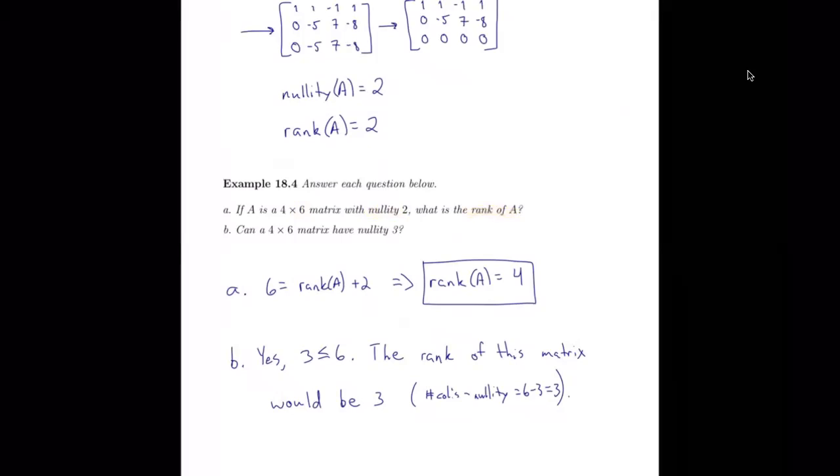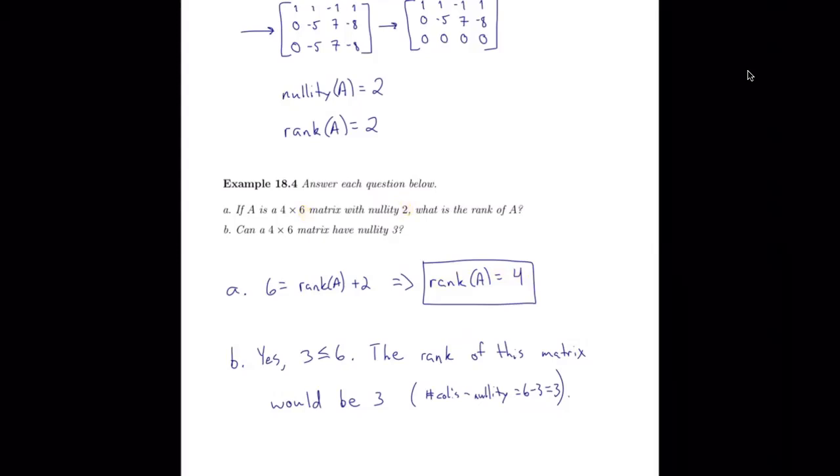So in order to find this, we use the rank theorem. n equals 6, which is equal to the rank of A plus the nullity of A. We know the nullity of A is 2. So then the rank of A when we solve for it is 4. That's a lot more talking than is probably necessary. You probably saw it when you realized that with nullity 2, n is 6, we're going to have rank 4 to make up